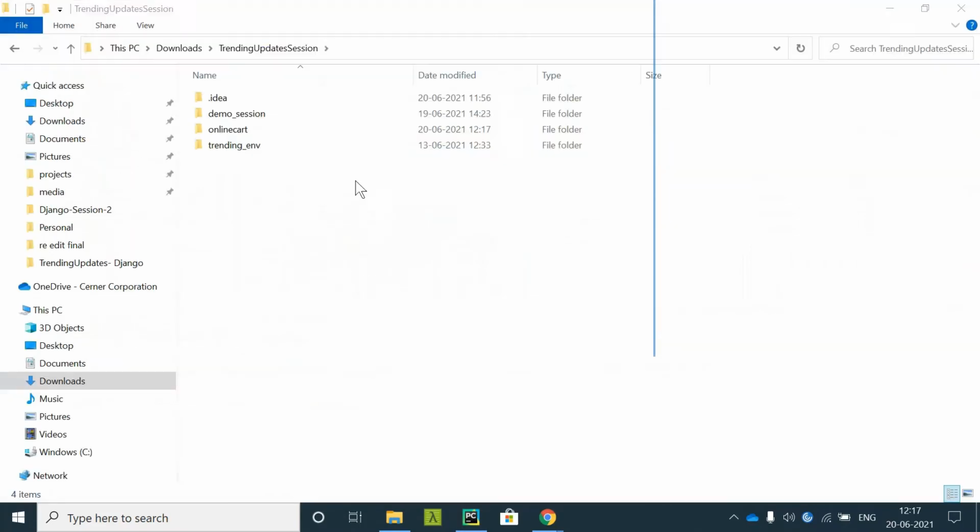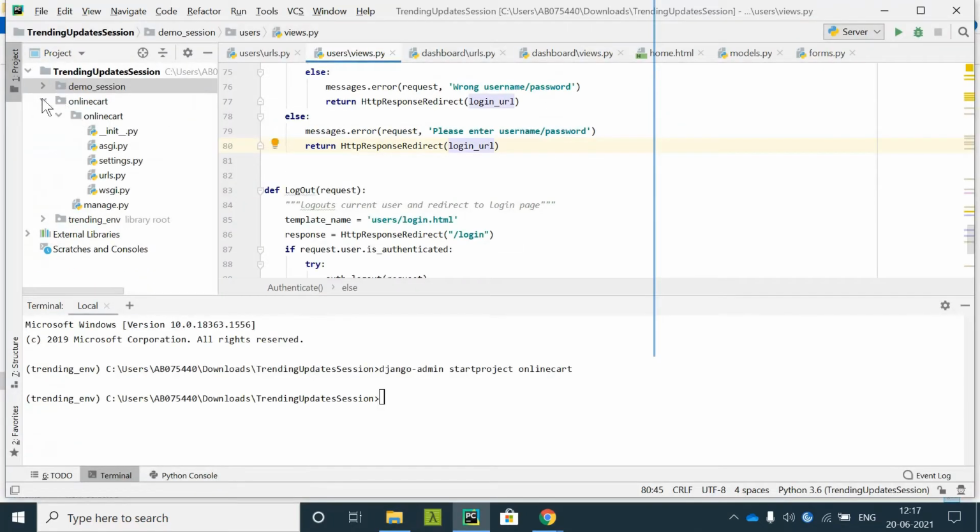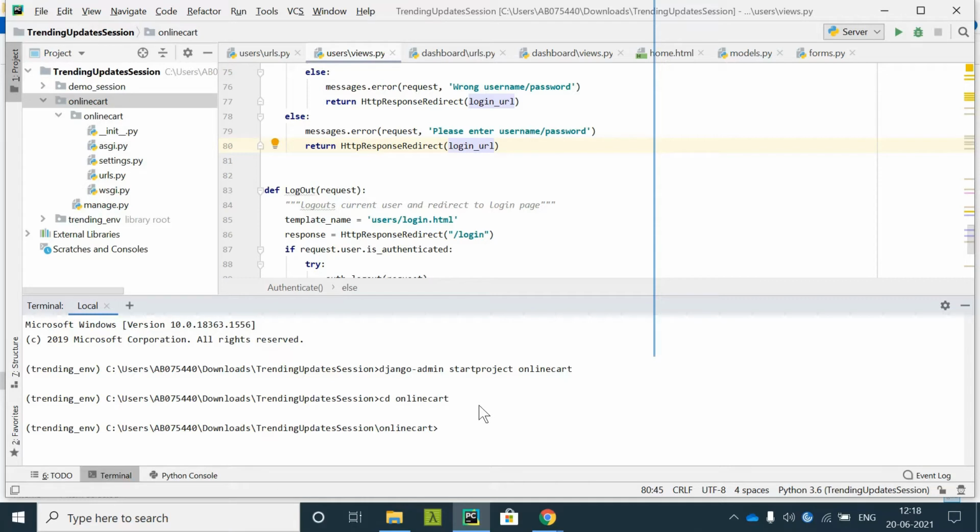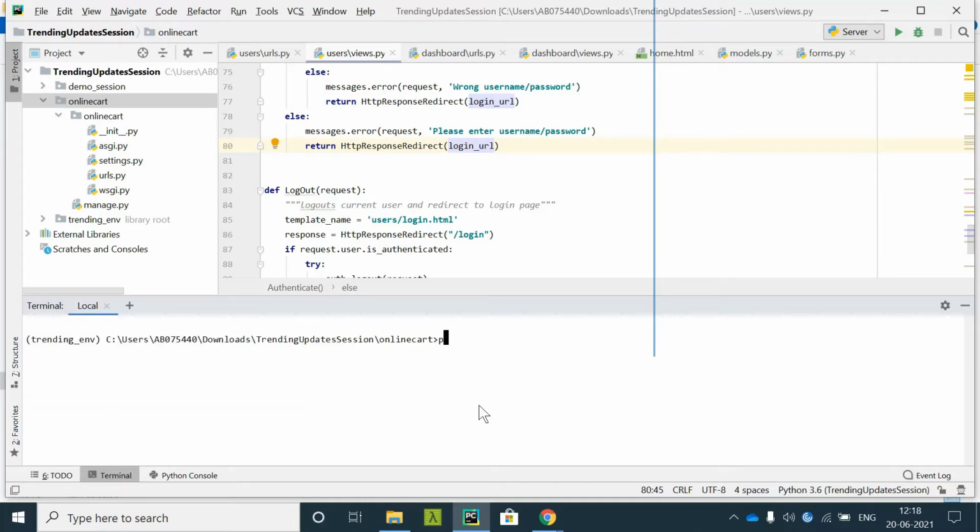So if you see the file structure, it would be like this. Now we don't have to do anything with the demo session. We will only be worried about online cart, and this is our project now. Our project directory is this. So let's move to the project directory online cart. And here you can execute commands like python manage.py runserver.